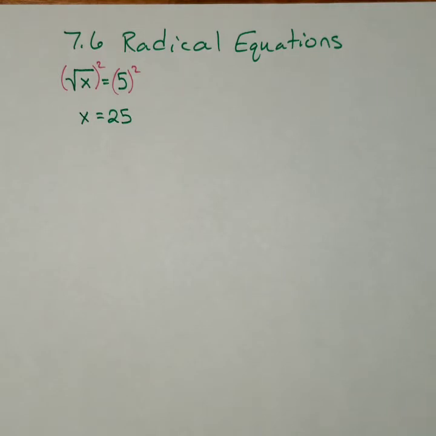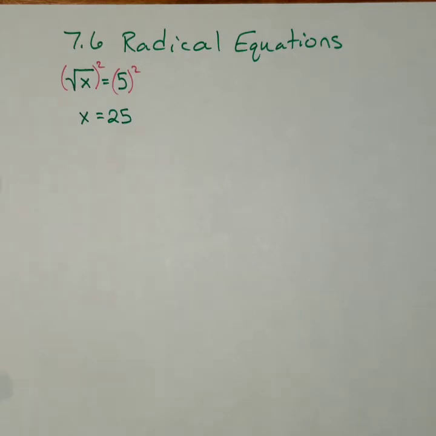It is kind of a downside to this, and so you really do need to check your answers here. I'll try to show you some examples shortly where the answer we come up with won't actually work in the original equation. Okay, so